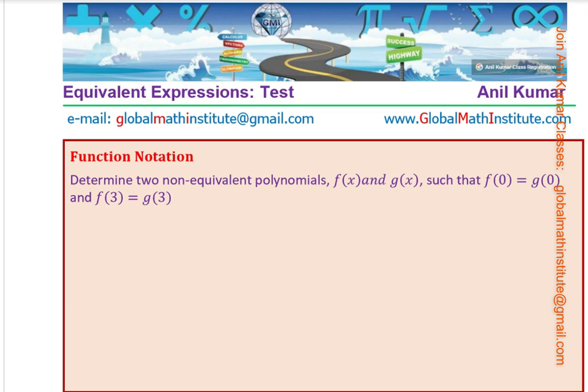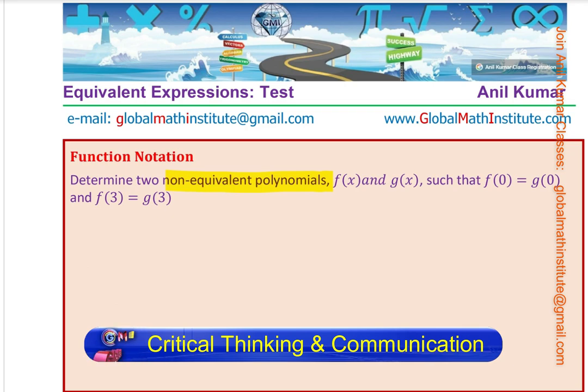Now let's talk about equivalent and non-equivalent functions. So what we were doing were expressions. Now this is a function. Determine two non-equivalent polynomial functions, polynomials have continuous graphs, f of x and g of x, such that f of 0 is g of 0. Let me rewrite the conditions. So we want two different functions where 2 points are common. One of them is at 0,